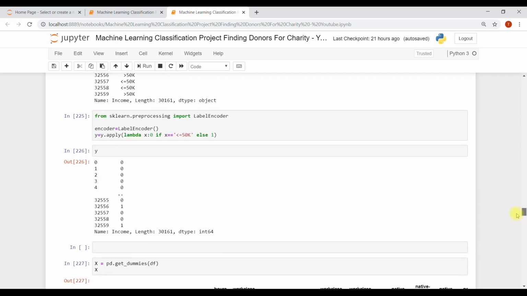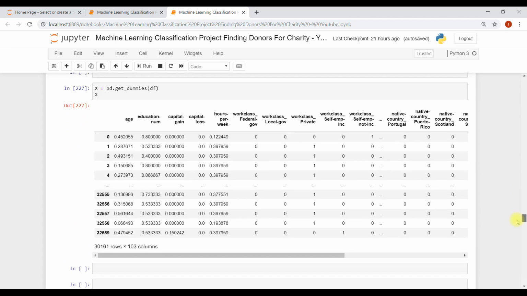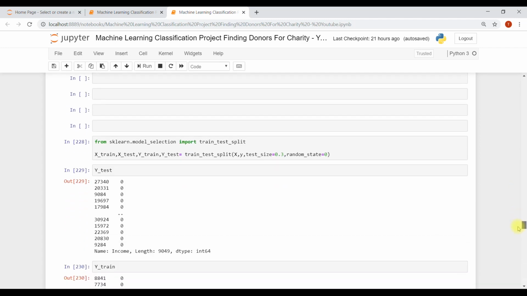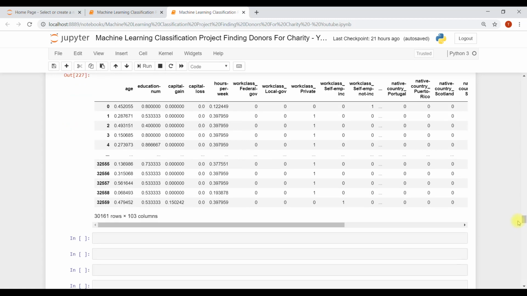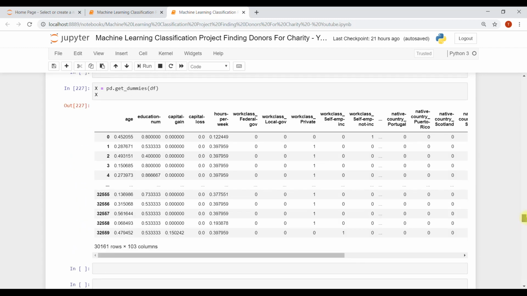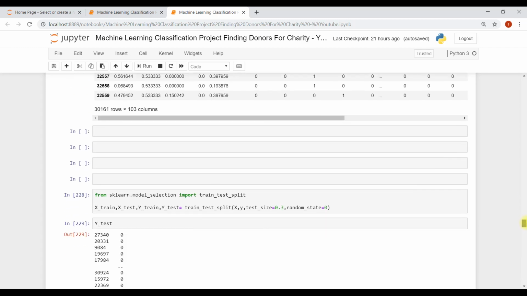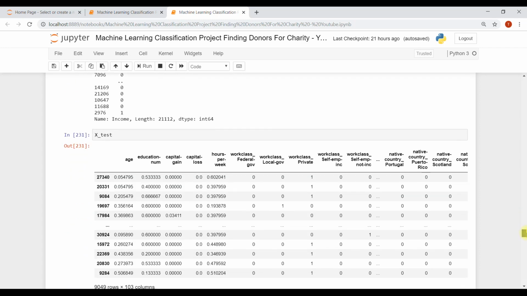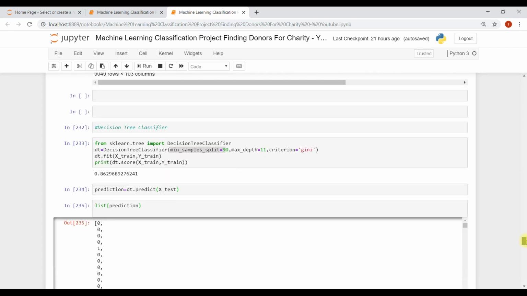And then label encoding and one hot encoding. Then we're going to split. Till here, our data analysis, feature engineering, feature selection and feature scaling are completed. Then we split into X-train and X-test, meaning training and testing data, and then we're going to use two classifiers in this project. Decision tree classifier,